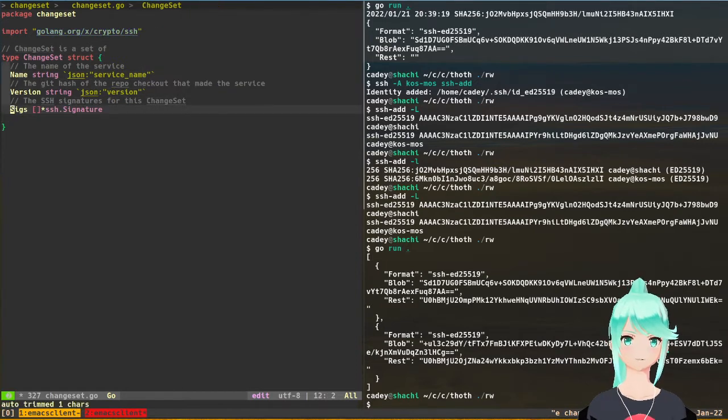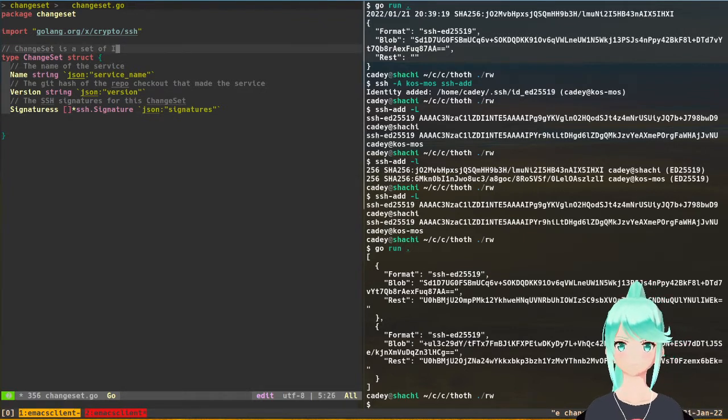We're gonna call that capital S SIGs, and then actually, we're gonna call this metadata, because the change set is actually going to be a combination of the metadata and the slug. So let's just call the metadata what it is. Metadata is the metadata for the change set. This will contain